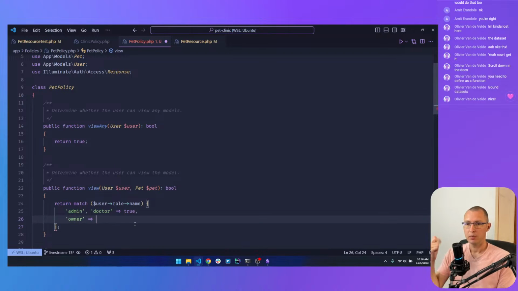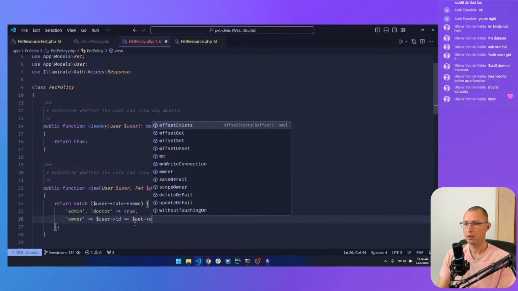So again, admin, doctor, yes, you can view the pet. Owner only if the user ID equals pet owner ID.